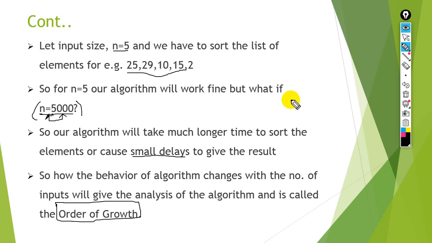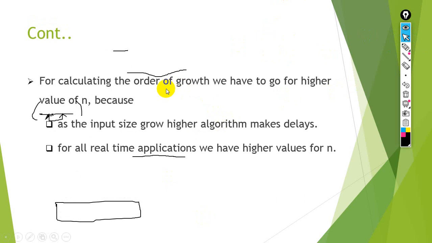Next, what we have. If you have any question about this slide, you can also put your question in the WhatsApp group, and then I will respond to you, inshallah. Next, what we have: for calculating the order of growth, we have to go for a higher value of n, because